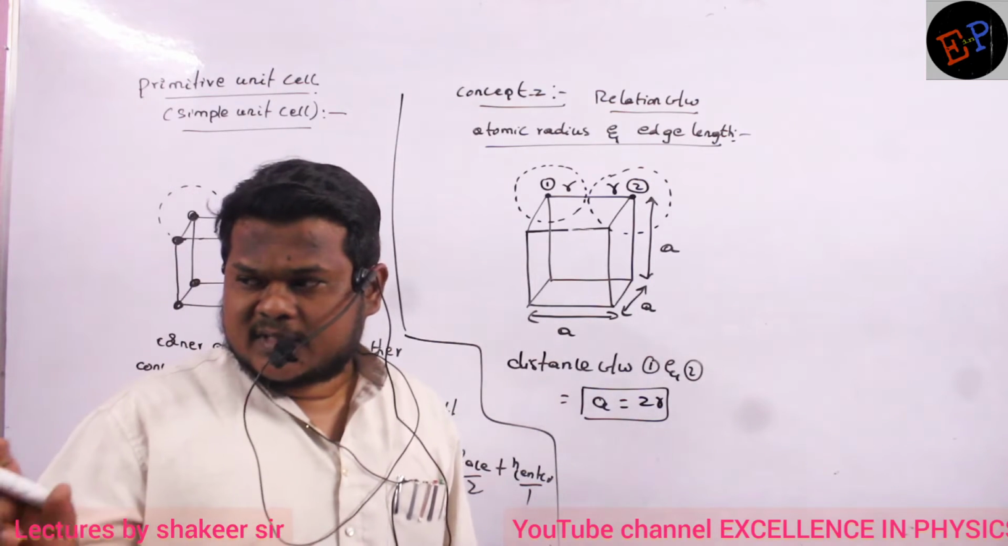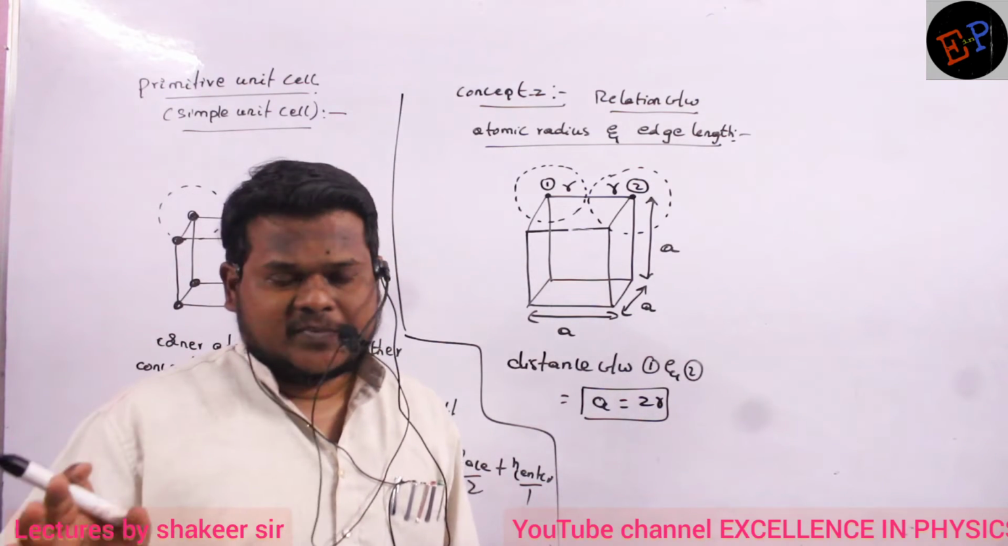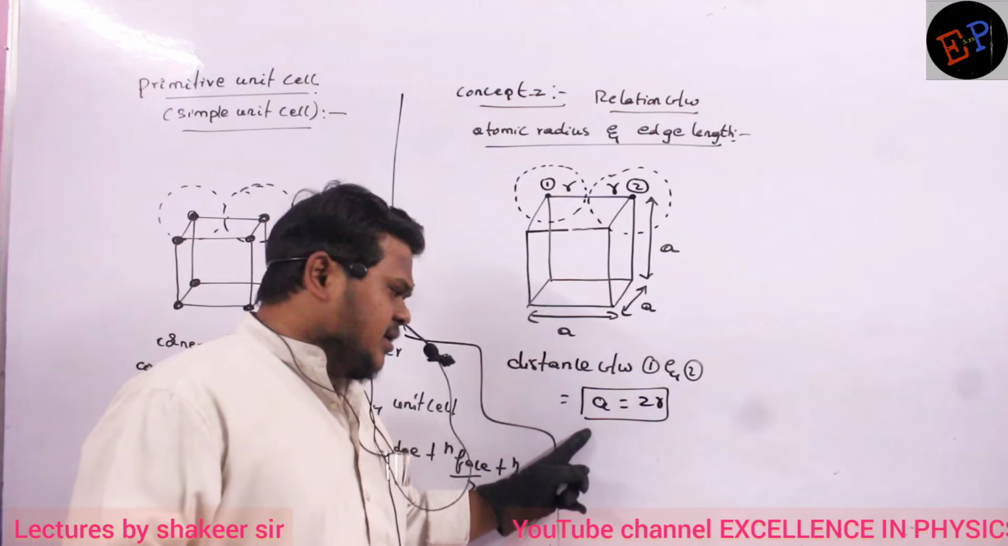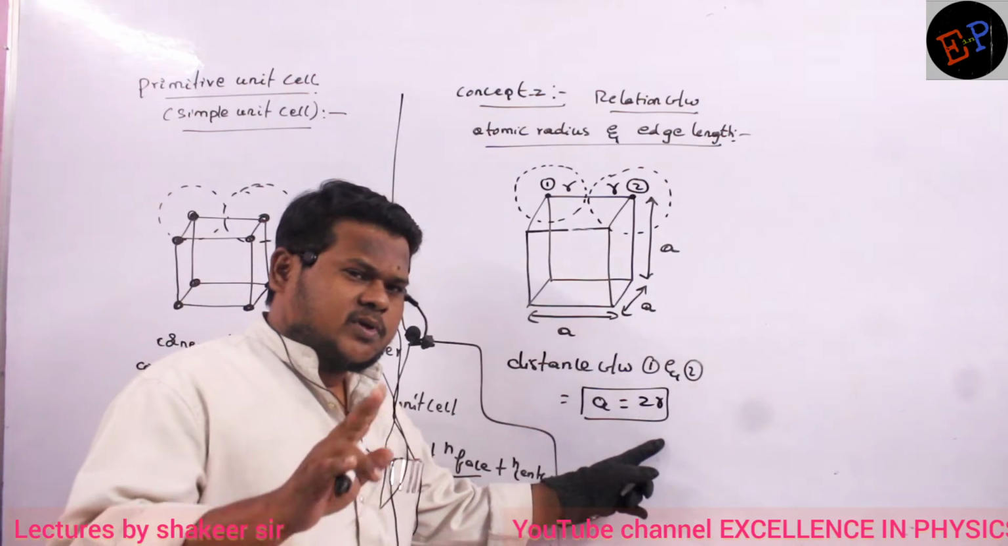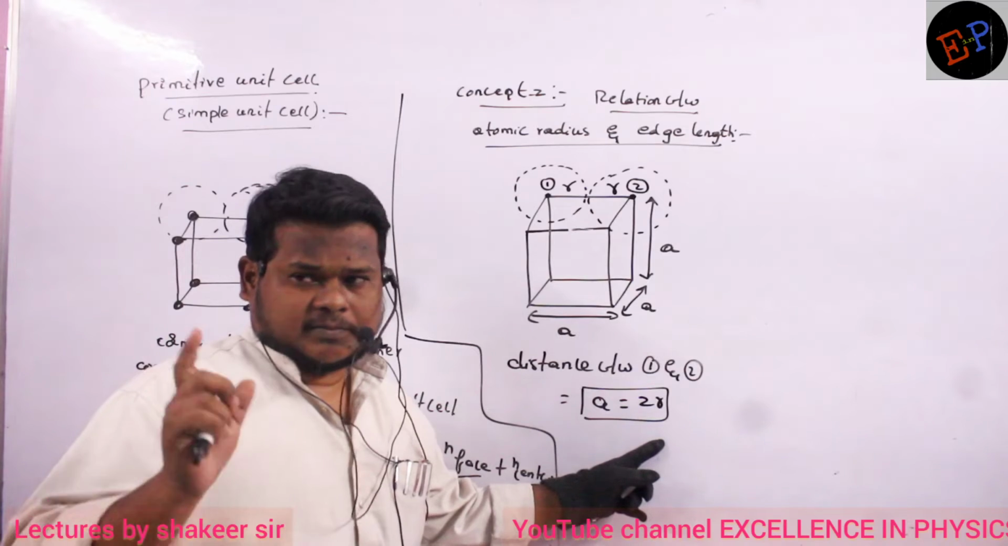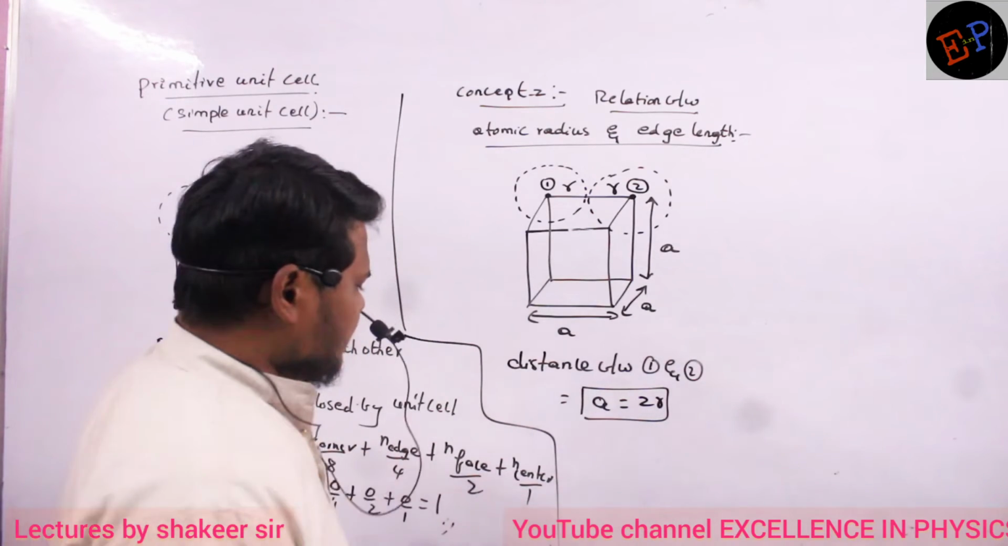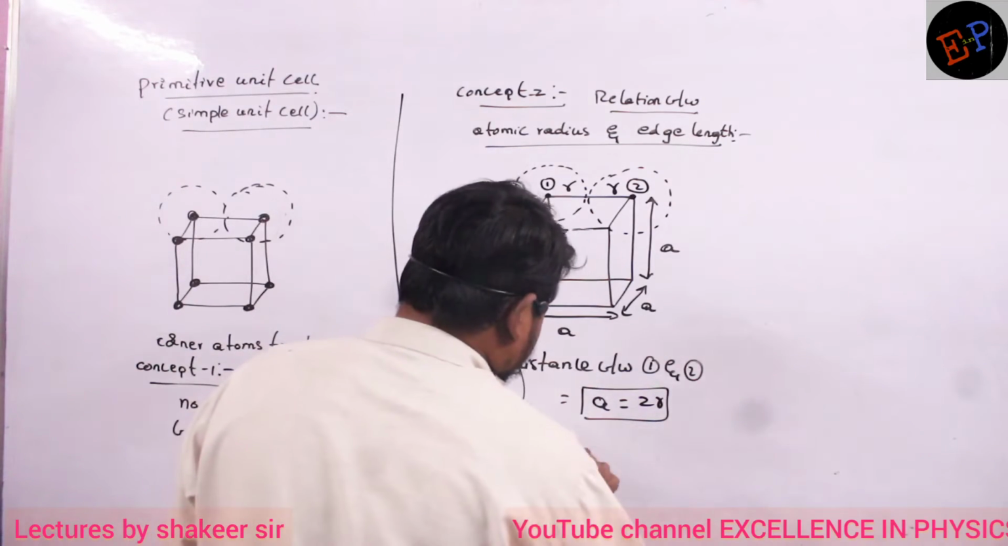In the case of which kind of cell? In the case of the primitive cell. Are you able to understand? So the edge length A is exactly equal to 2 times the radius of a single atom. Okay. So the next concept which we write is